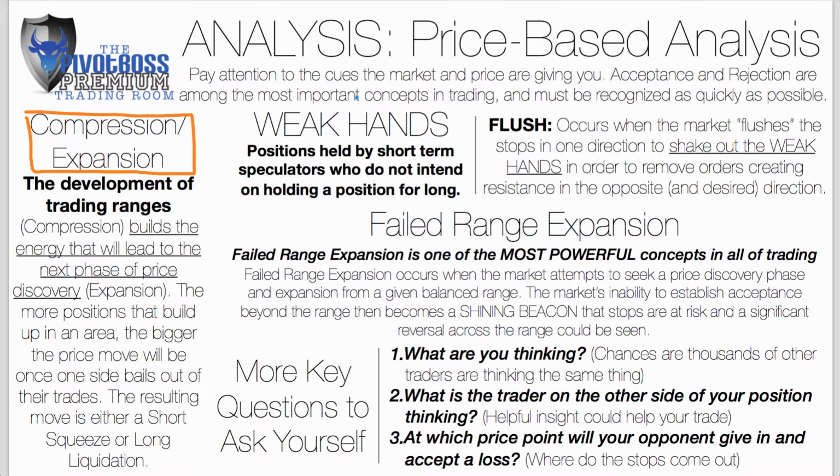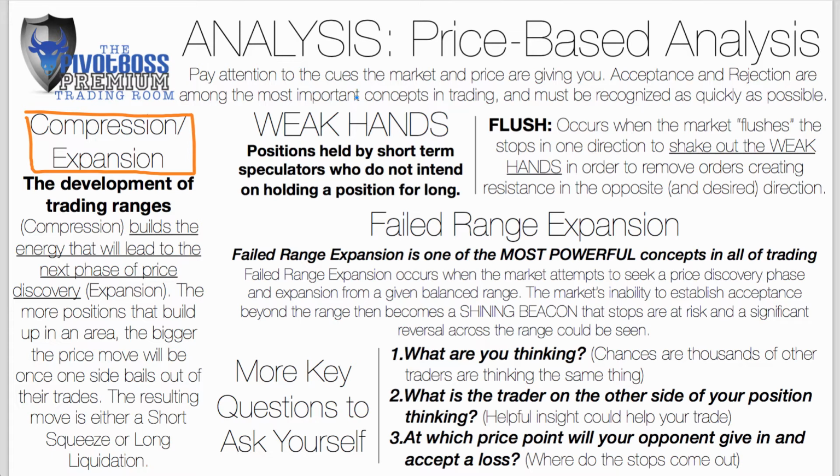You know, is it a market tendency that's kind of like a law of physics? Same thing with compression expansion. That is kind of like a law of the markets. It's not going to go away. It's just the way the markets develop. It's what they do. You're going to see expansion in a price discovery phase, and you're going to see compression,